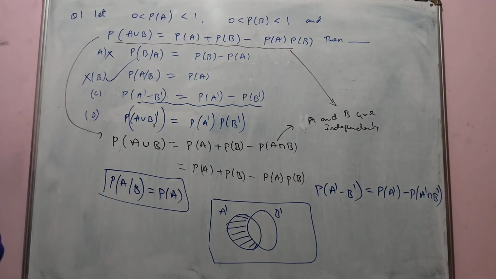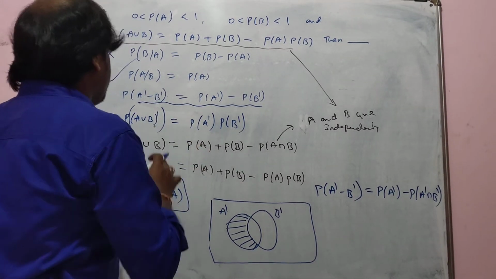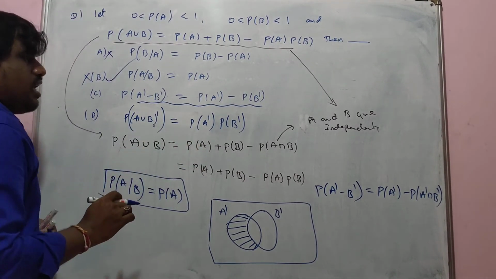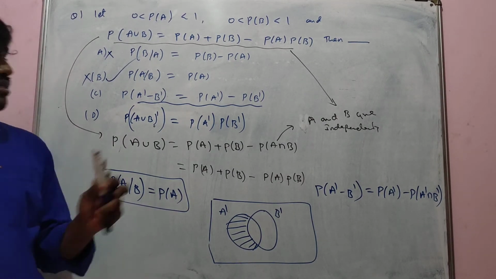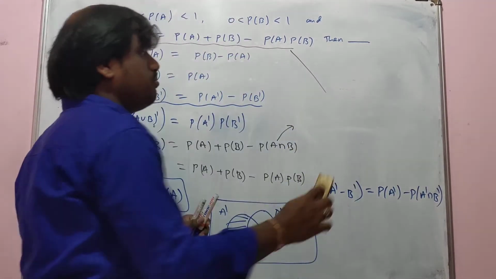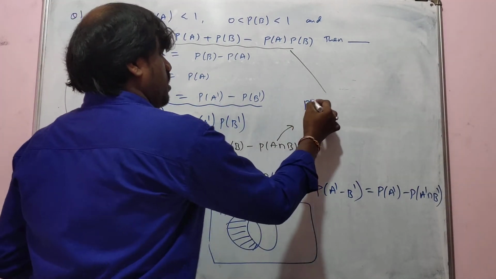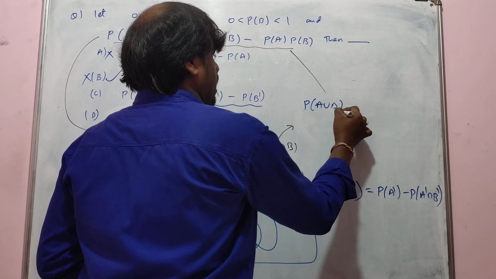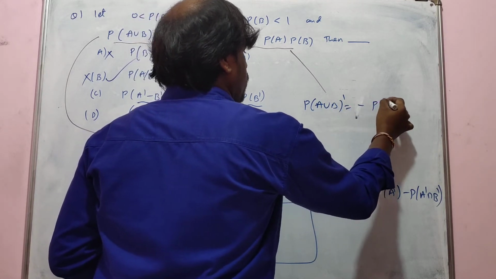Okay, A union B, they said as probability of A union B dash. So how we can write this is here, probability of A union B whole dash. As you know, in set theory, I explained to you at that time, this is called De Morgan's law. That is, probability of A union B whole dash can be written as 1 minus probability of